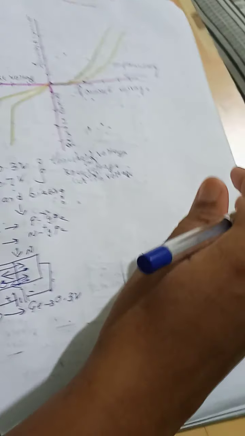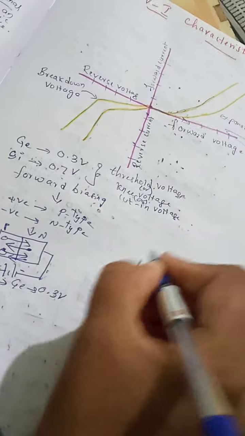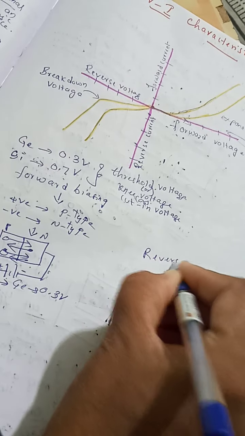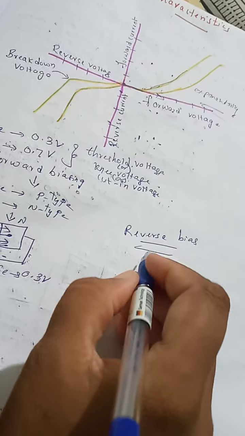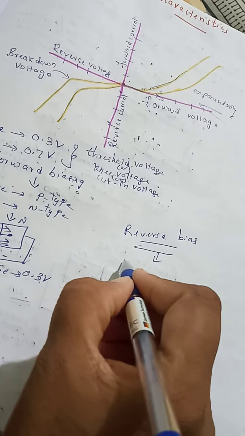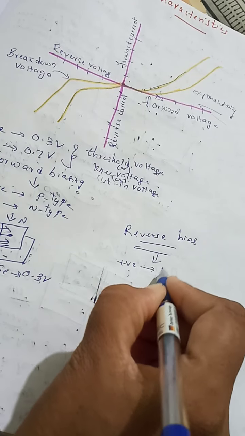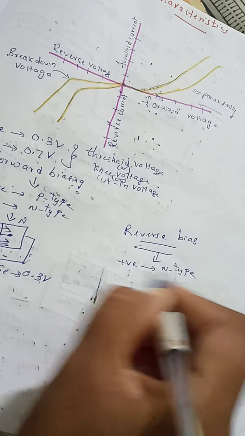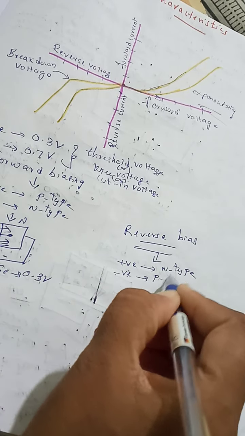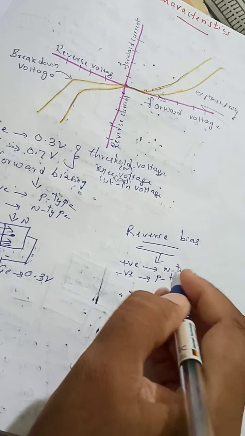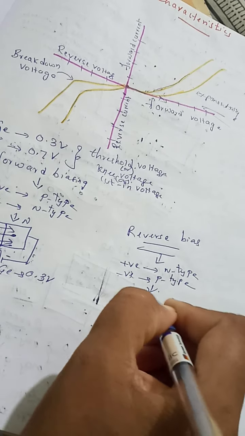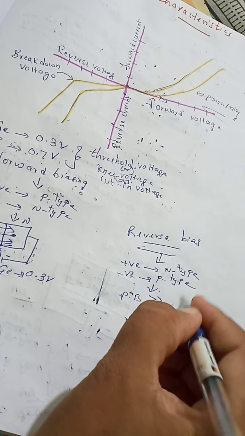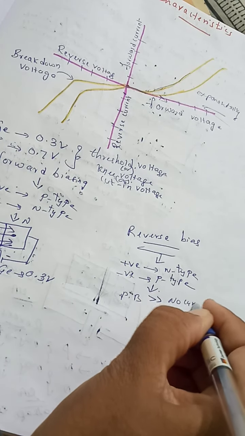Similarly, let us discuss about VI characteristics in reverse biasing. So in reverse bias, what we are doing? We are connecting positive terminal to N-type semiconductor, negative terminal to P-type semiconductor. So due to that, what is happening? Potential barrier is increasing. So actually no current will flow